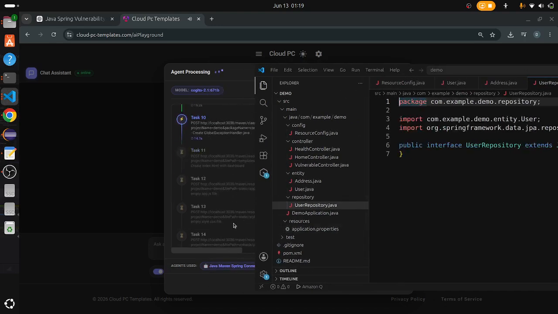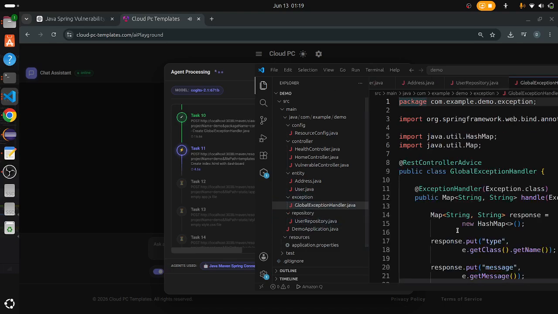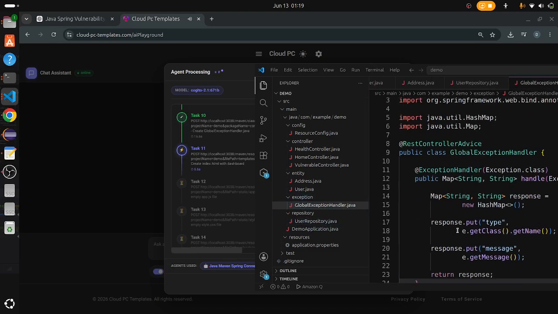I'm checking if a global exception handler class already exists in the demo. I'm creating a global exception handler class in the demo project to handle exceptions globally across the application. This will allow me to centralize exception handling and provide